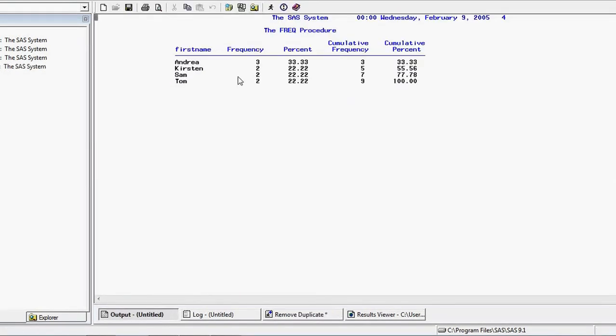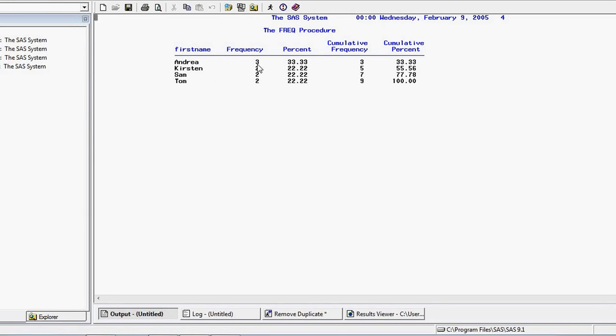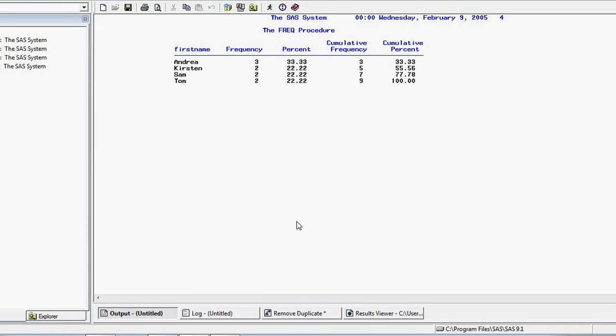What it will do is show the unique records from the first name along with the frequency, like Andrea is there 3 times, Kirsten is there 3 times, Sam is there 3 times. This is just a technique to know the frequency statistics of the unique records you mention in the by variable.